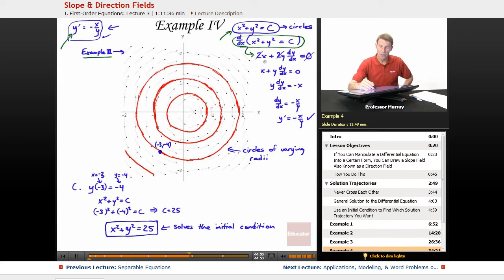So we took the implicit differentiation, we solved for dy/dx, and we got dy/dx, or y prime, is equal to negative x over y, which is exactly the differential equation that we started with. So that tells us that we do have the general solution to our differential equation. So that was the second